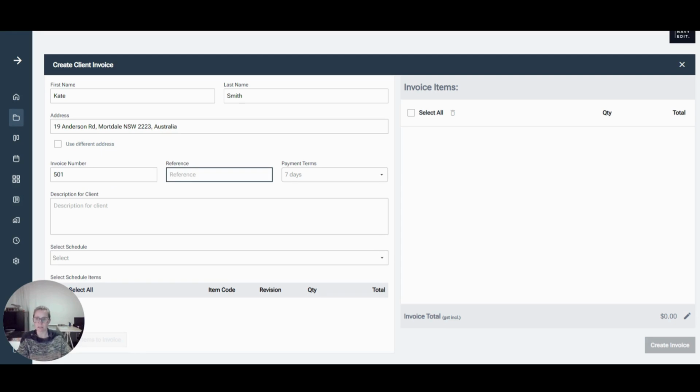The reference is really however you run it. It might be a project reference, it might be an invoice reference, so you might want to put the project number in there. Payment terms, so whatever your payment terms are. The description for the client is what the line items are. So for example, if we are charging out the wet area items,